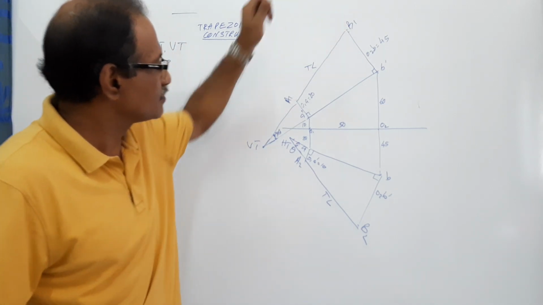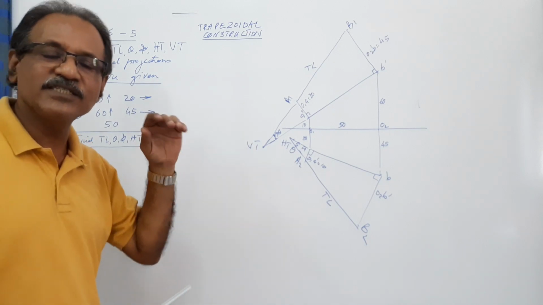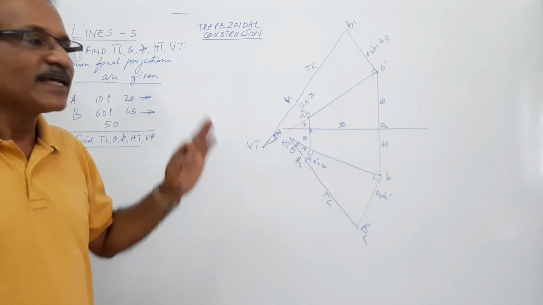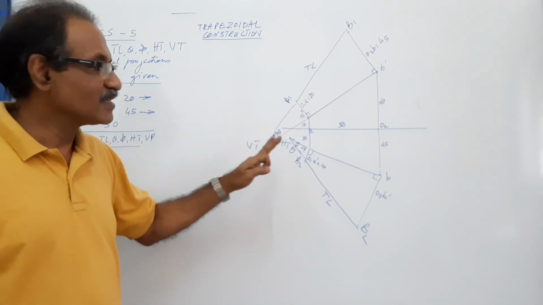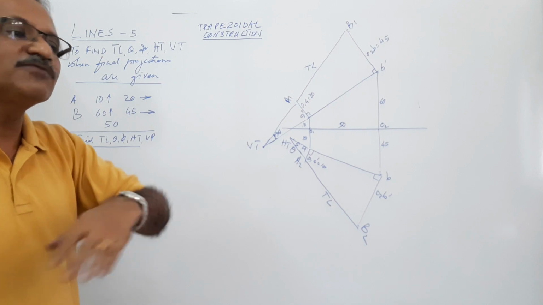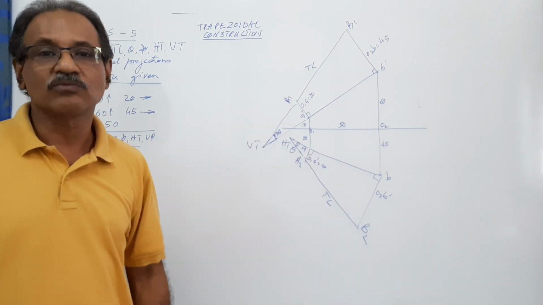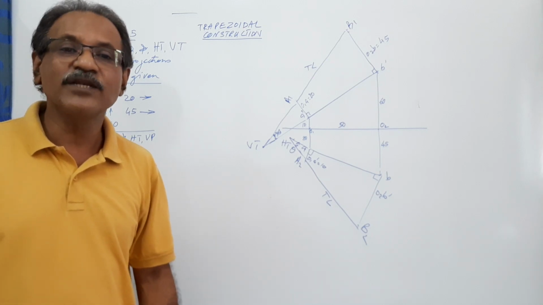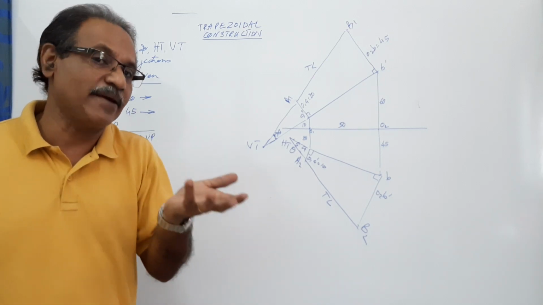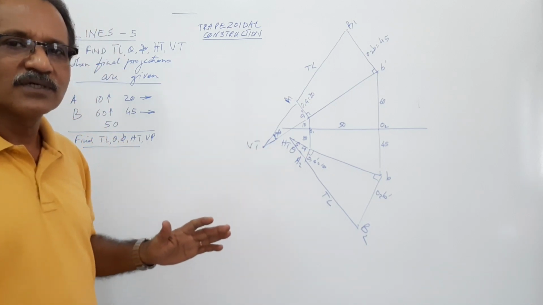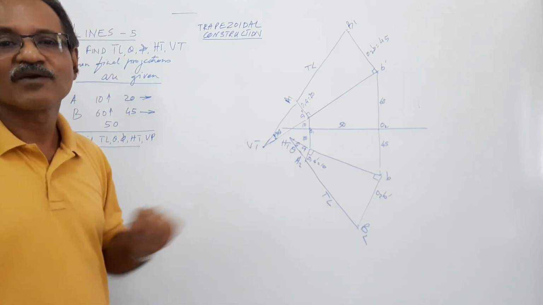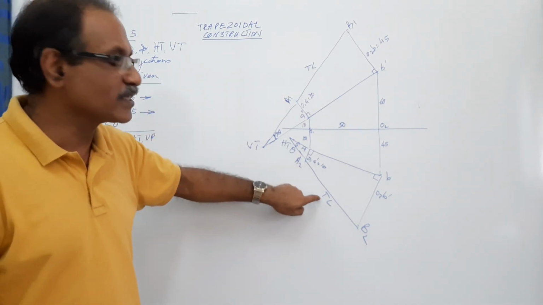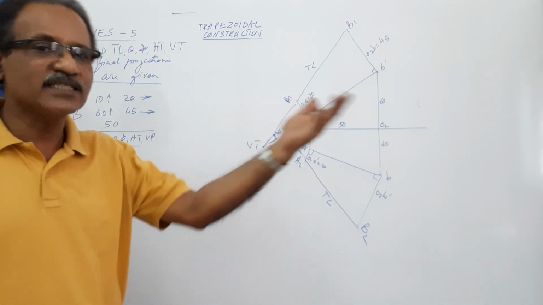Now, which is easier, the other one or this one? This is quite easy because there are some inherent checks in this. In the other case, when you rotate, there is high probability that you go wrong, especially when the line is crossing quadrants; you may make a mistake, or it may take more time. But this is very quick, very strong, foolproof. After drawing, you can have two checks. If this two length and this two length are same, there is high probability that you are correct. That is applicable in the other case also.